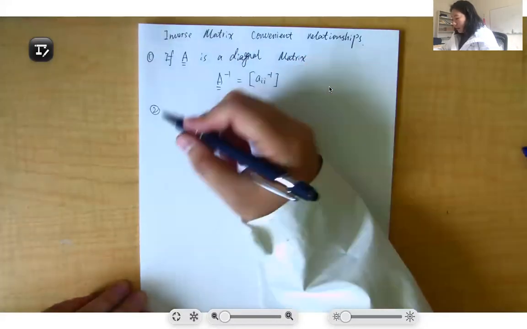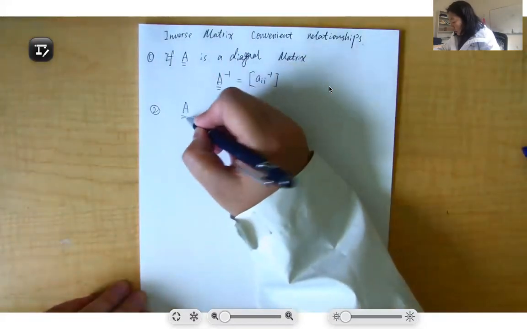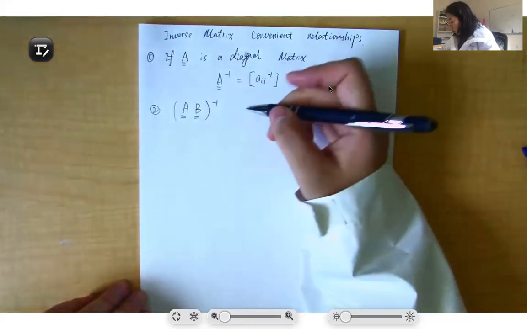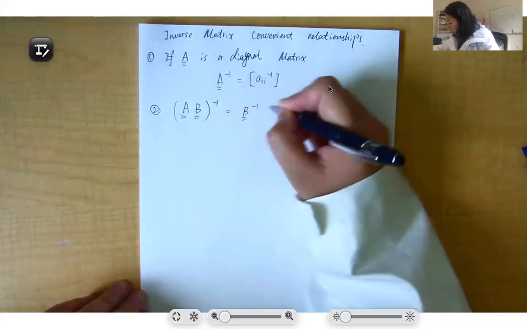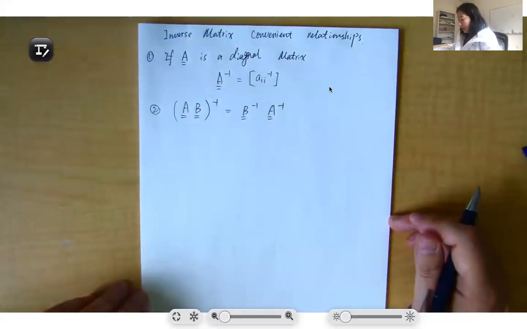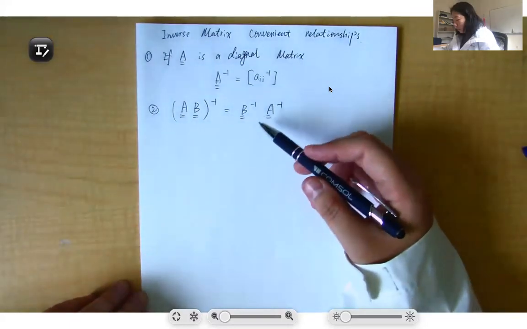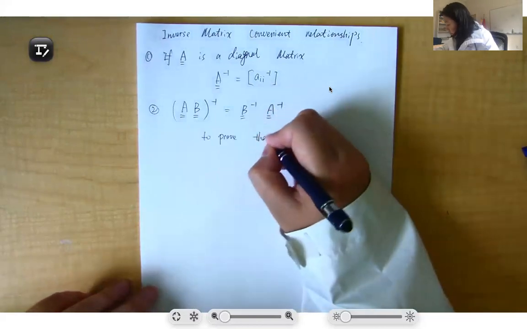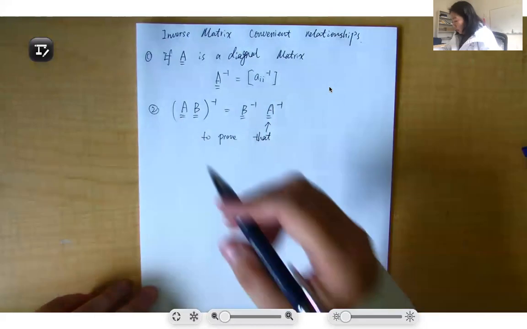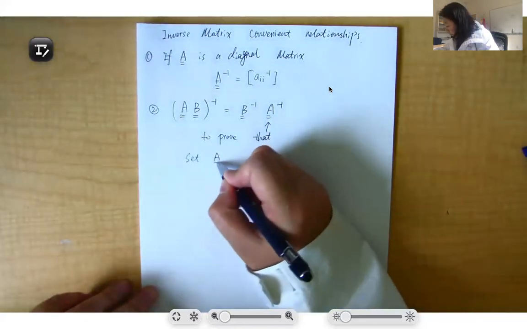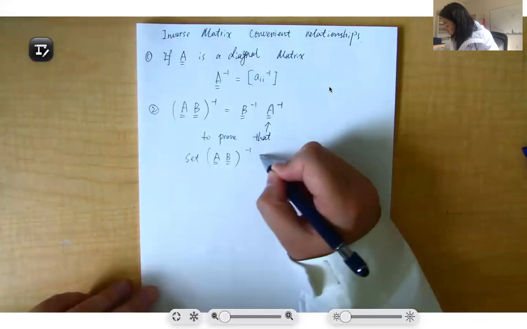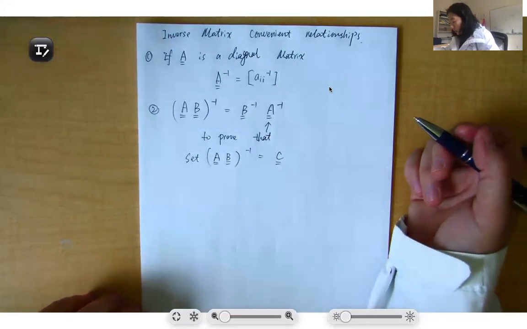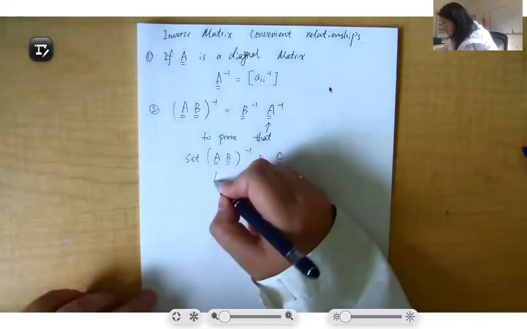Then there is also a rule for the inverse matrix. If you are trying to get the inverse of the product AB, it will be B inverse, A inverse. Okay. And to prove this, we can set the inverse of AB equal to C. And based on the definition of the matrix inverse, we know that AB